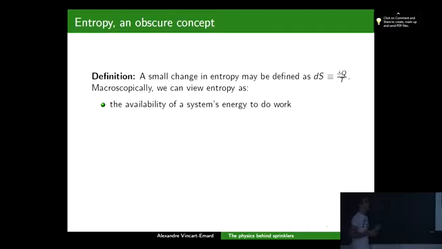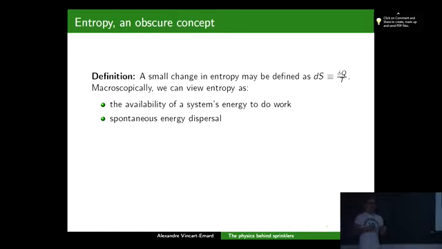So physically, if we go to the macroscopic level, we can view entropy as the availability of a system to do work. If you remember your engines class, where waste heat is closely related to entropy, and also to the free energies, entropy is a measure of the availability or unavailability of the system's energy to do work. We can also view entropy as nature's way of just spreading energy, because